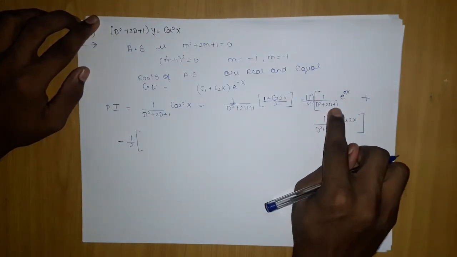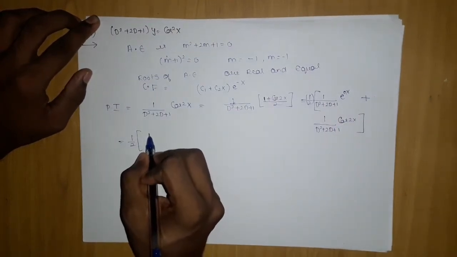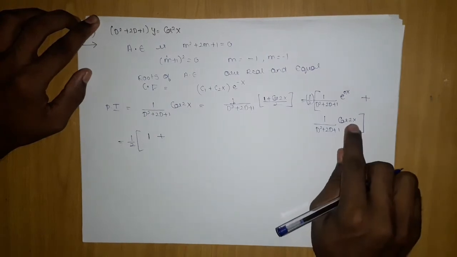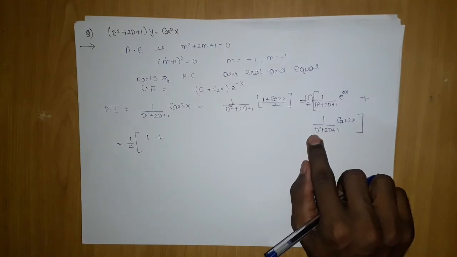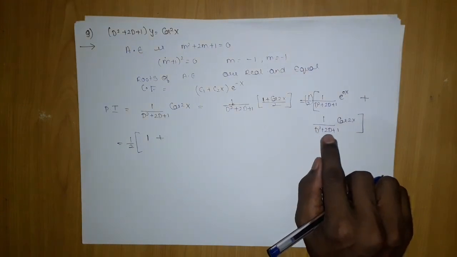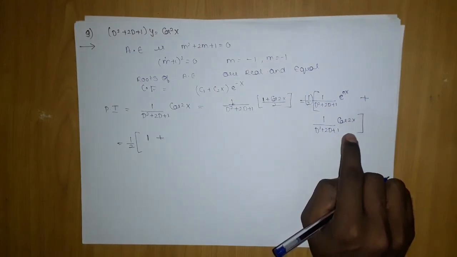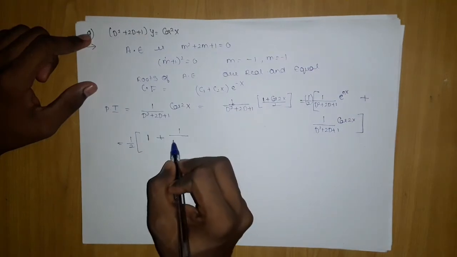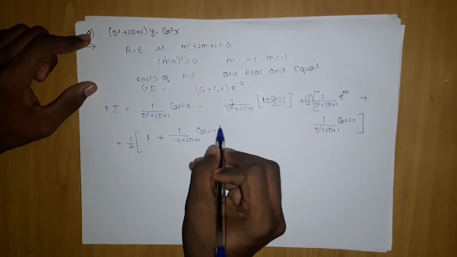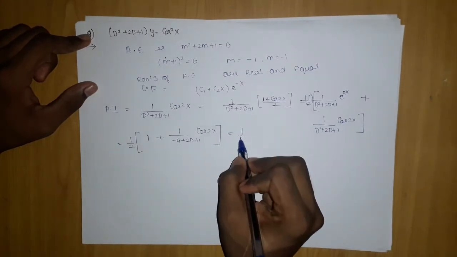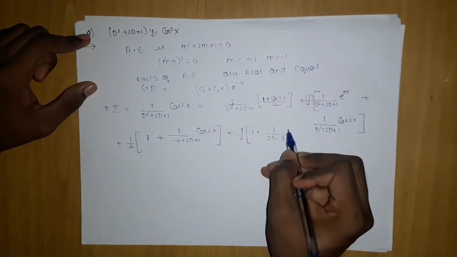So if we substitute, we know directly 1 is coming out, so there is no need of differentiation. So we will substitute here and 1 will be our final answer. Here we know a is 2. If I substitute 2, it will be minus a square, so minus 4 plus 2d plus 1, minus 4 will make this 2d minus 3. So if I substitute here, I am going to get minus 4 plus 2d plus 1 into cos 2x. After this, we are going to have 1/2 bracket 1 plus 1/(2d minus 3) into cos 2x.